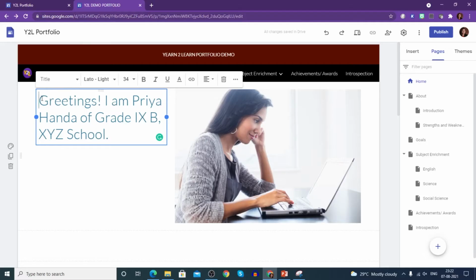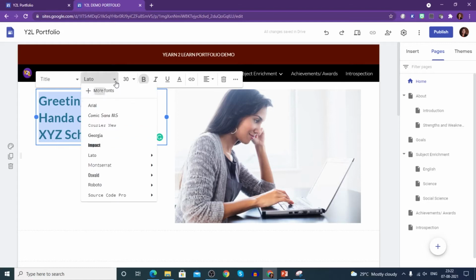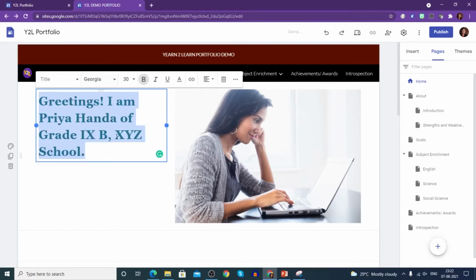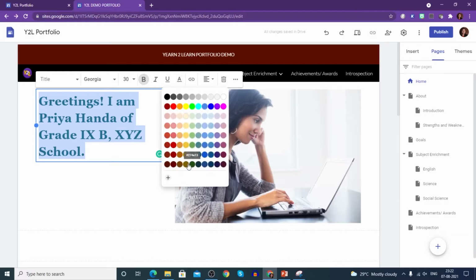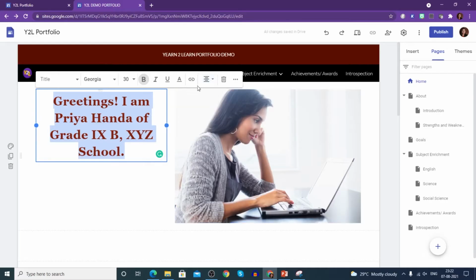Now this color is not going well, so what you can do, you can see the formatting options coming here. Font size you can adjust. If it is too much for you, you can reduce the size. You want to bold the content, you can bold it. Italicize, you can italicize. You want to change the font, you can change the font. And underline, then this is text color. If you want to go by any choice of the color, you can make that choice here. And if you want to insert any link, the alignment of the text, let's keep it centrally aligned. So this is how, and this is for deleting it.